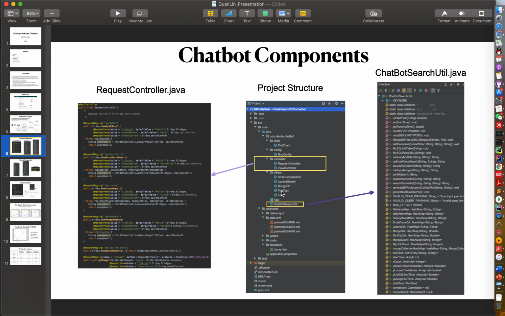So for the detailed components, I have several components here. My project's structure has different parts. The controller part basically handles all of the web requests. You can read the parameters from the URL and pass these parameters to the chatbot search util class. And I implement all of the detailed things in this class. If you want to check it, you can just view my GitHub account, and I have already pushed my code to